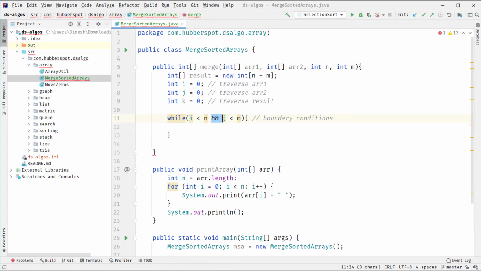We have provided this AND condition because in this while loop we are comparing the value stored at the ith index with the value stored at the jth index for their respective arrays. And in case any of these arrays gets exhausted, which means that either i will cross over array 1 or j will cross over array 2, we simply break from this while loop.